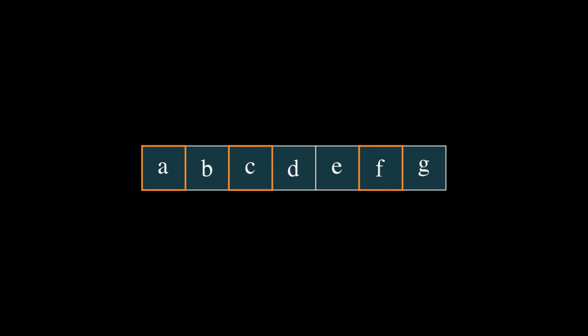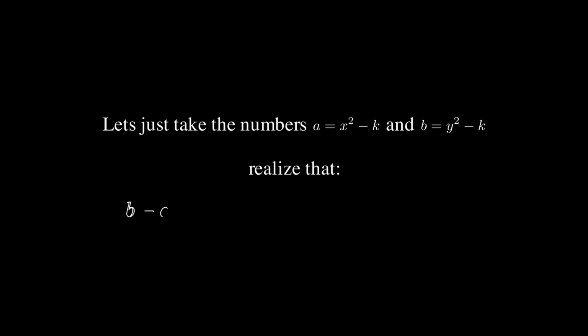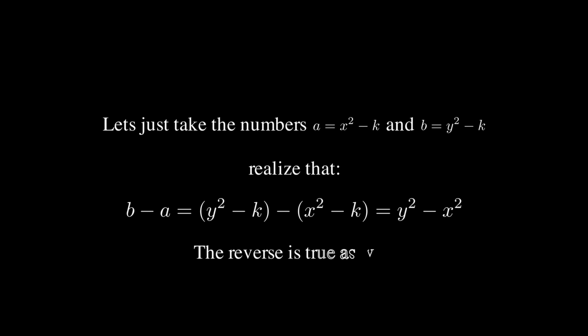Well, say we added an integer k to all of the numbers. Then, originally, these chosen numbers that are squares after the operation must have been in the form of some square number minus k. Now realize that because of this, the difference of any two of these chosen numbers will be the difference of two squares, because the added integer k cancels out when you subtract them. This means that if we consider two elements, say a and b, such that b is greater than a